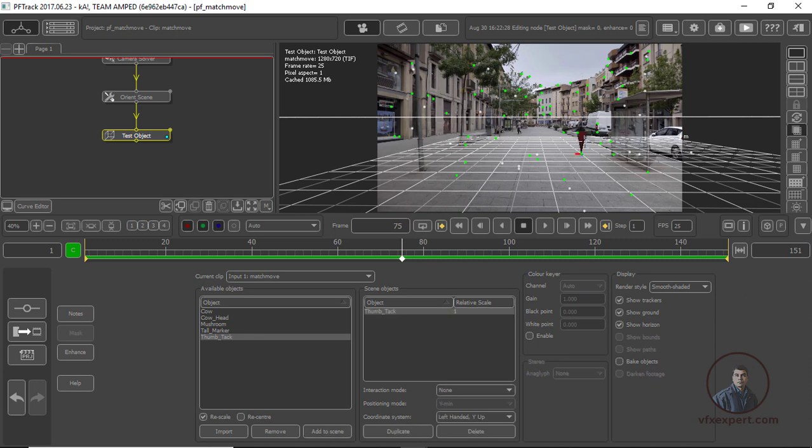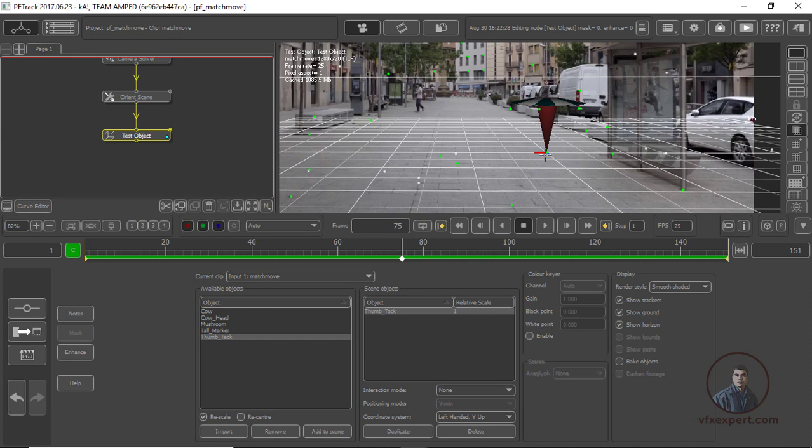First, an important thing: why are we unchecking this option? If you check this option, you will get your object's anchor point in the center, and this will create a problem when you scale your object. That's why I am unchecking this option.